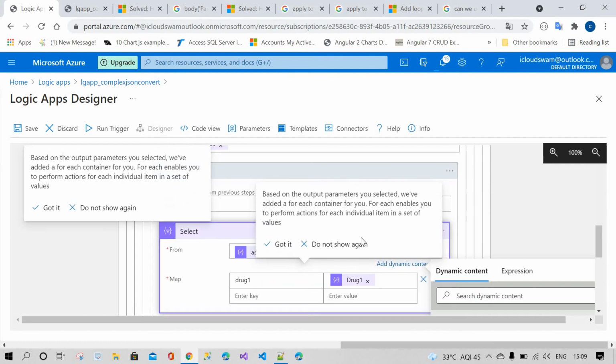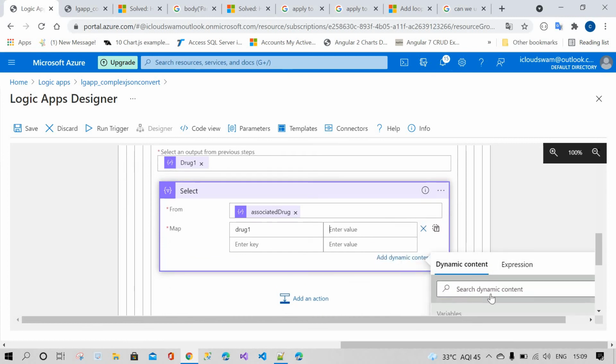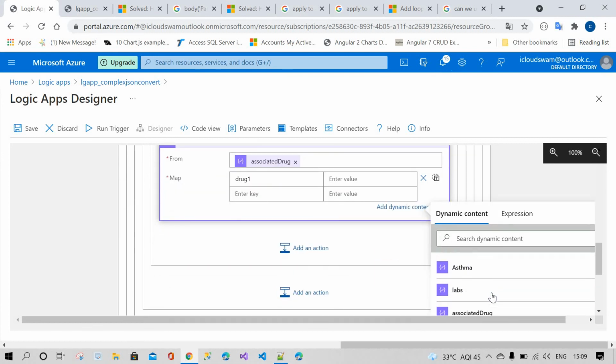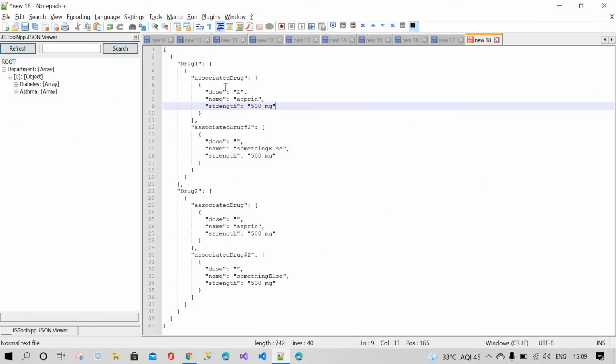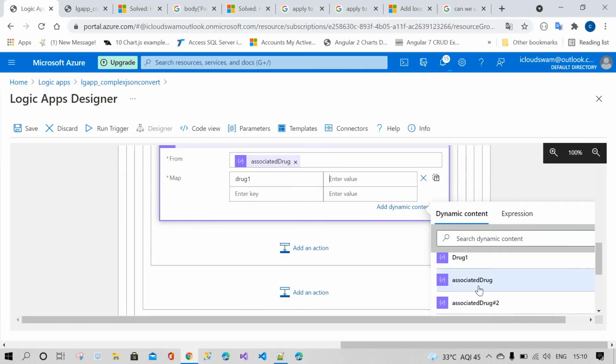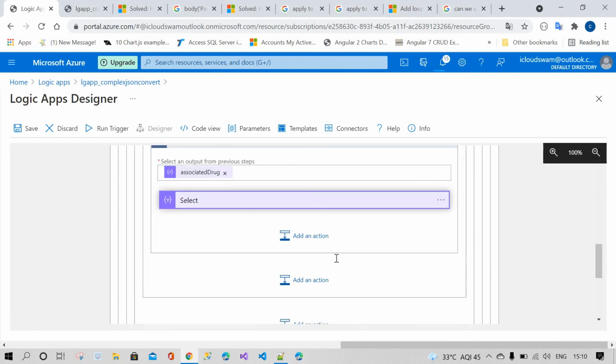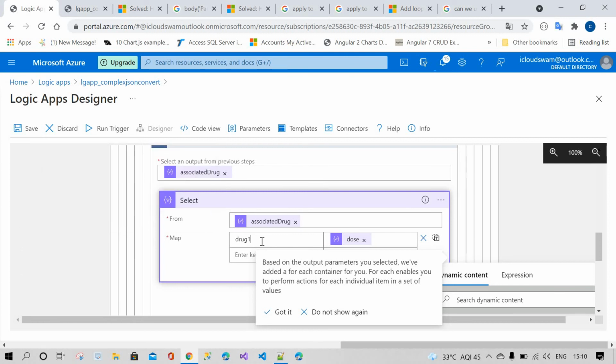From the associated drug you have to select the data. Let me check once. In the associated drug we have dose, name, strength. Yes, we got the dose. Sometimes it appears late, but wait until it loads the data. Okay, got it.